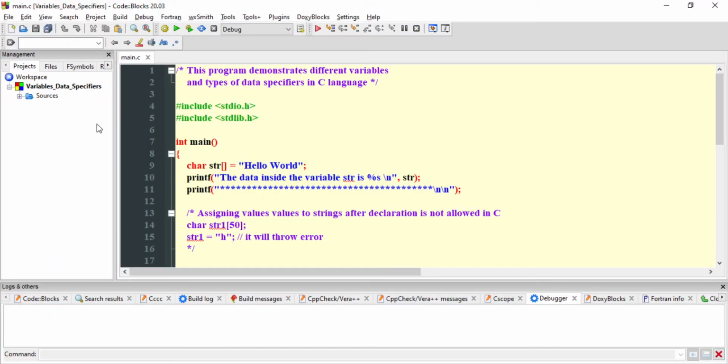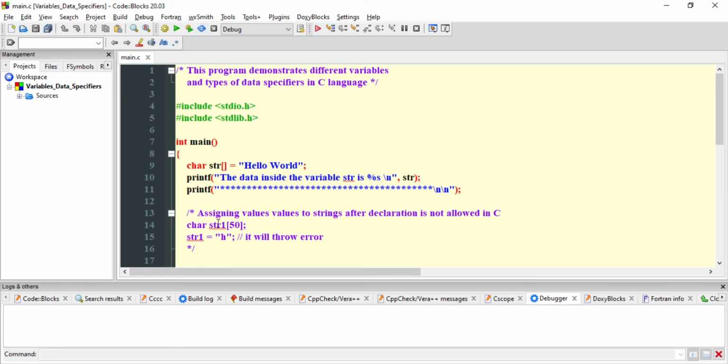So here we have the program. In the last class, I talked about Code::Blocks and showed you how to run a simple program. In this program, I am going to talk about declaring variables and how to go a bit more in depth in C programming using Code::Blocks. First of all, I told you to build a program.